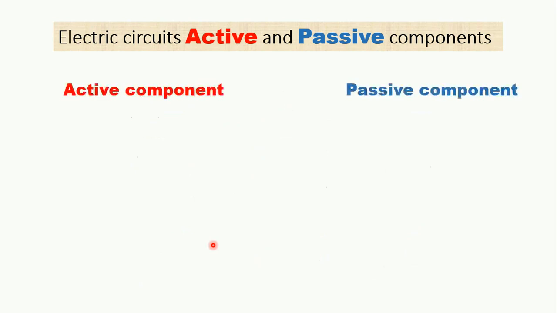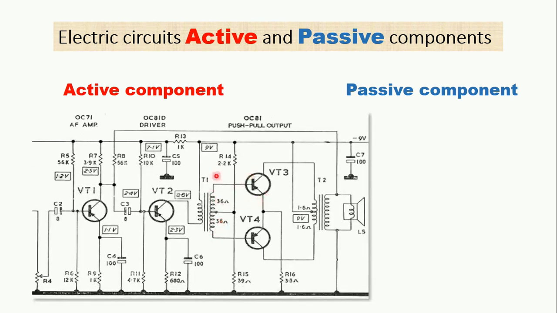So let's start by looking at active components versus passive components. If we look at this circuit, it looks pretty complex, but it has many components: transistors, capacitors, variable resistors, constant resistors, transformers, which is like two coils, two inductors with different turns or the same turns. And if we want to think about what could be an active component and what could be a passive component,